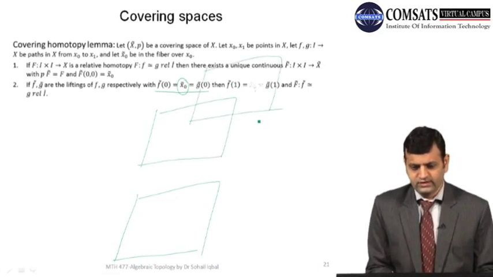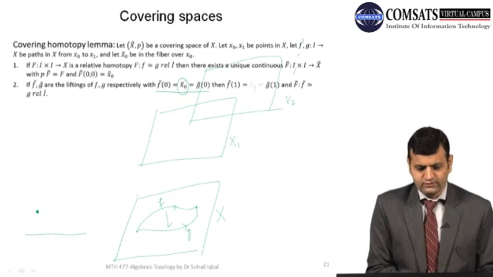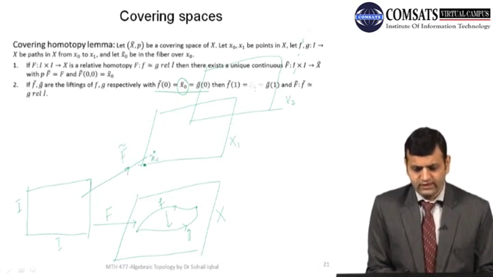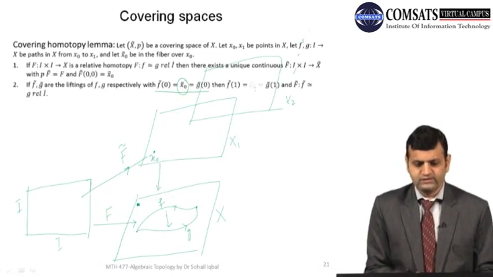So on this sheet I have selected this x1. There are some other sheets as well. So this is x. There are two maps, f and g, which are homotopic to each other. They go like this, and f is homotopic to this. So we have a map from I cross I to the space x, which is the relative homotopy of f and g. Then there exists a continuous map f tilde, such that this composition is